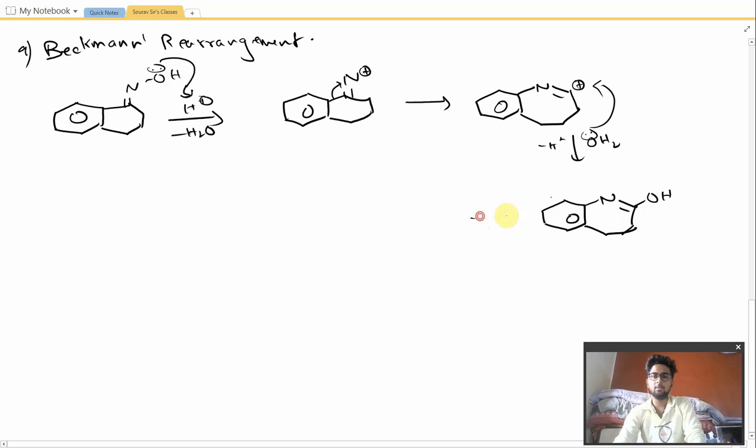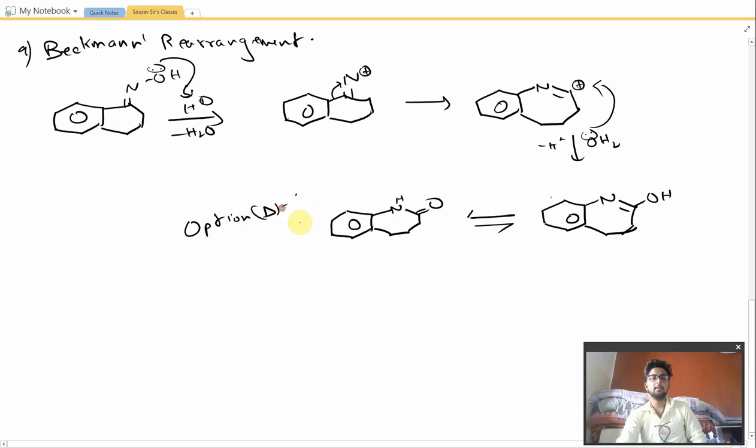Here is the double bond, and here is the OH. Now this would not stay in the enol form, it would tautomerize to give this compound. Okay, here H is there, and here the benzene is there obviously. So in the products you can see that option D is the product that we have formed over here, and therefore option D is the correct option.